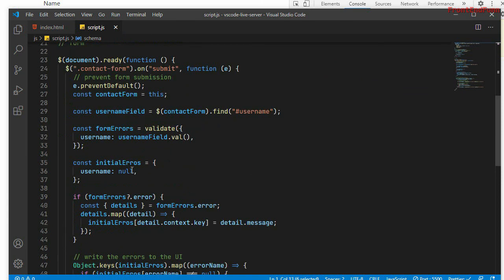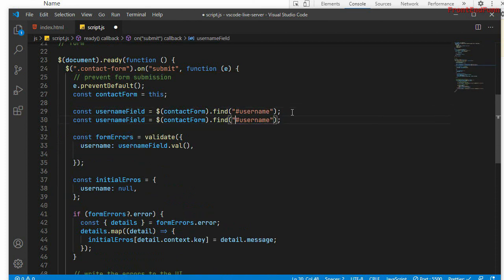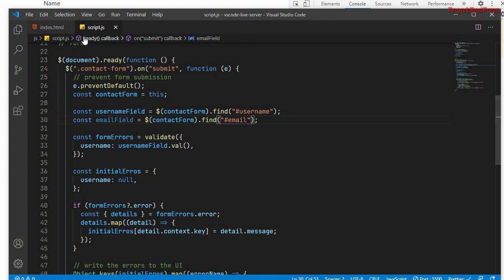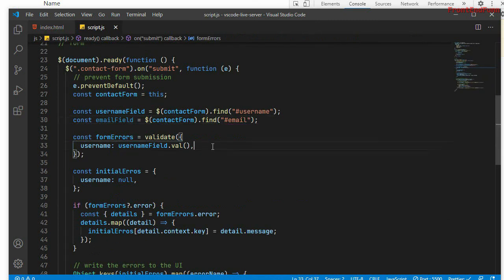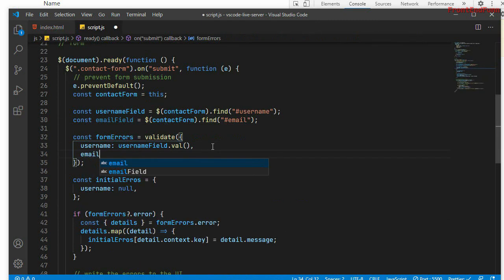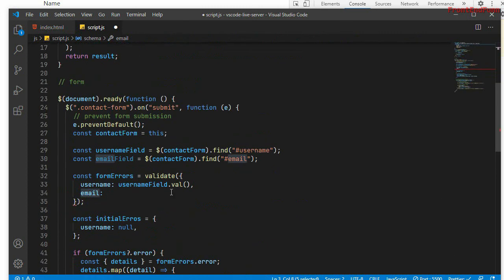Similarly, we need to add the email form errors. So first we need to select the email field. Email field will be hash email, because it is given an ID of email. Fine. And I need to validate this against the email of the schema.